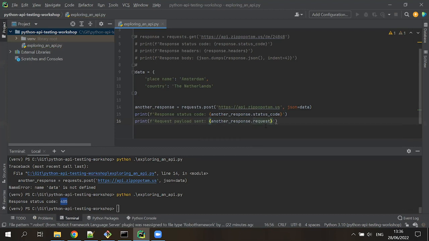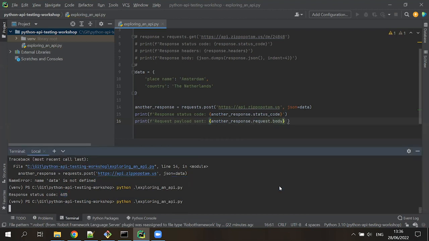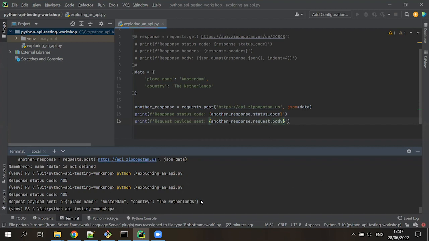So requests is nice enough to also store the request body. Print that, and you'll see that this is the payload as a byte stream. That's what this b indicates that was sent. So you see that this object was properly transformed from a Python dictionary into JSON, and subsequently that was sent as the request body. And then the API responded with an HTTP status code